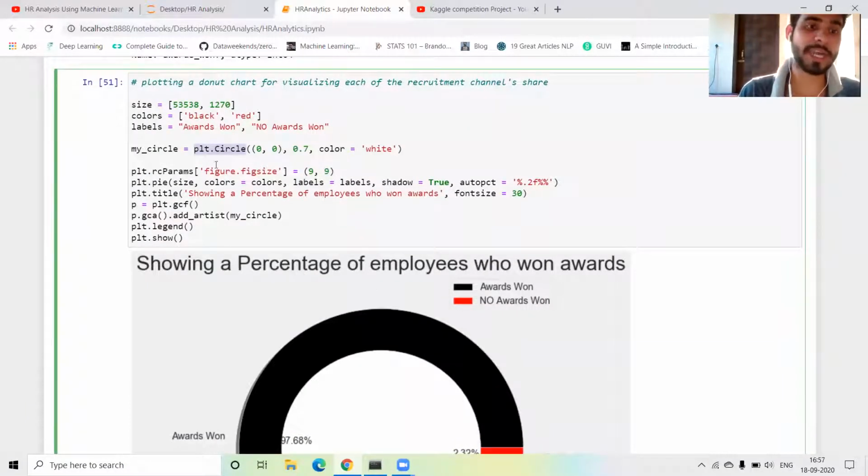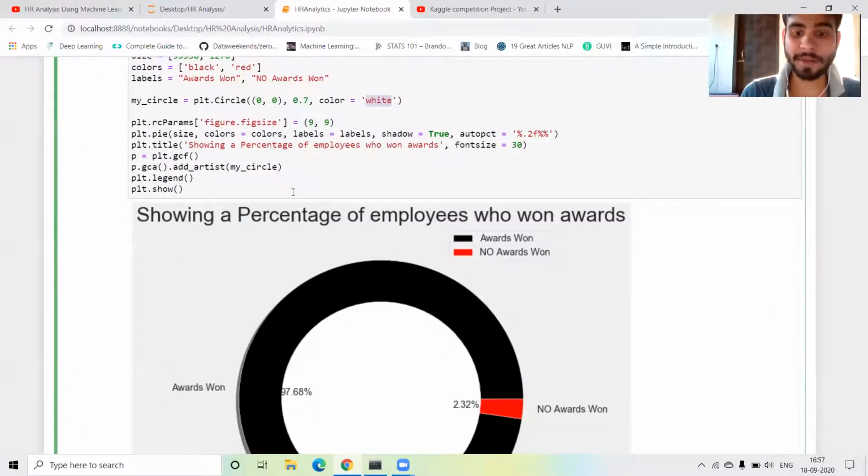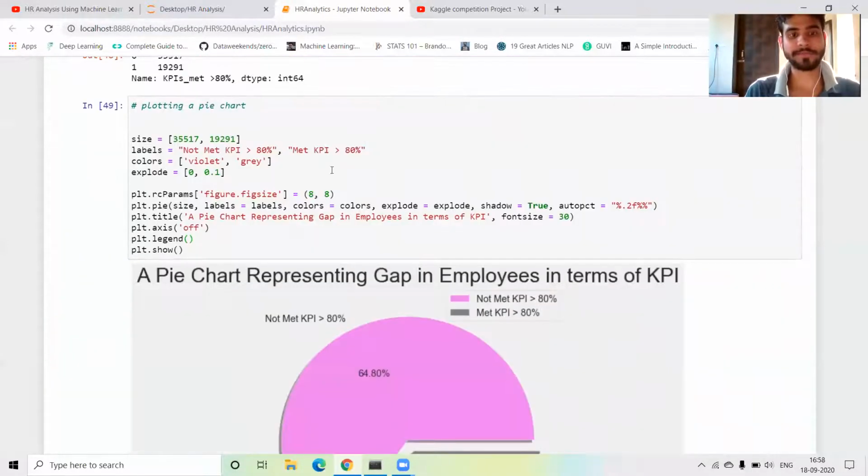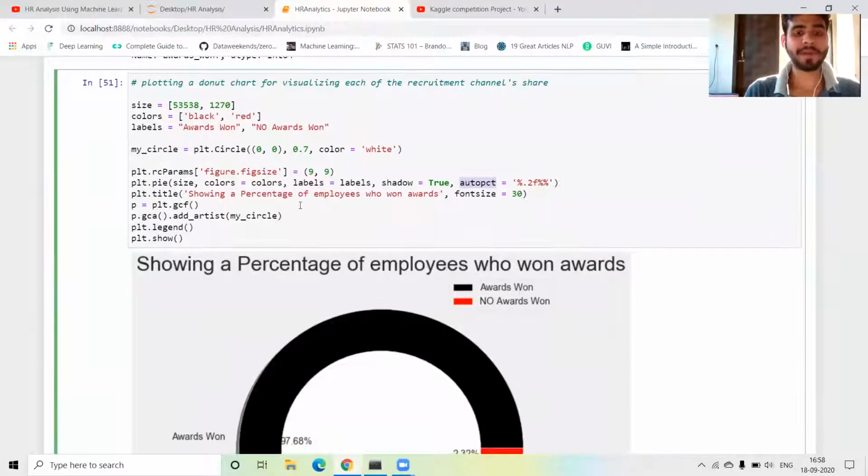I write plt dot circle, define 0 0 and color equal to white, which is our background color, guys. Next I define the pie chart with size, color, label, shadow and autopct. We have already discussed these things. Next I plot this graph.